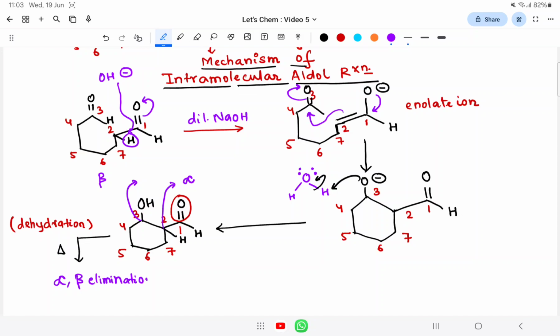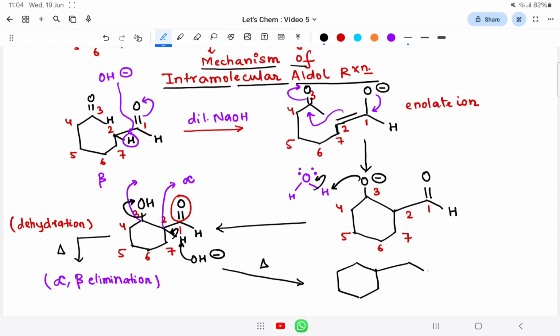I hope many of you could recall this from your class 11th as well as class 12th. Anyhow, dehydration, you have read in the alcohol chapter that dehydration is an example of alpha beta elimination, right? So ultimately what is going to happen is the OH minus ion is going to take away this H from here. So guys, this bond is going to break and this also is going to get out of this. Okay, so finally, as I told you, what are you going to get once you heat this, which is a continuation here that I'm writing actually? You are going to get your alpha beta unsaturated compound,